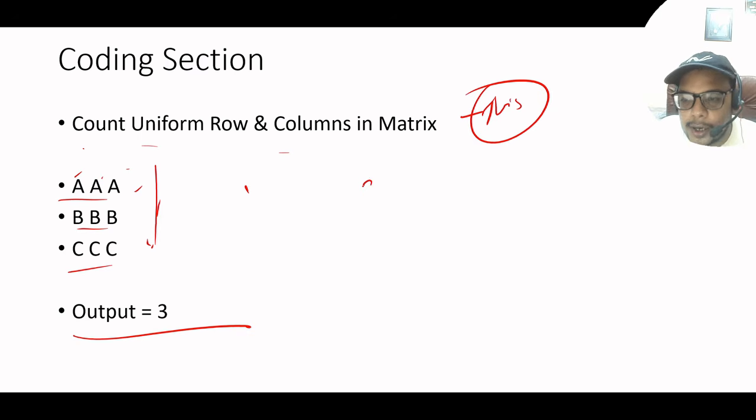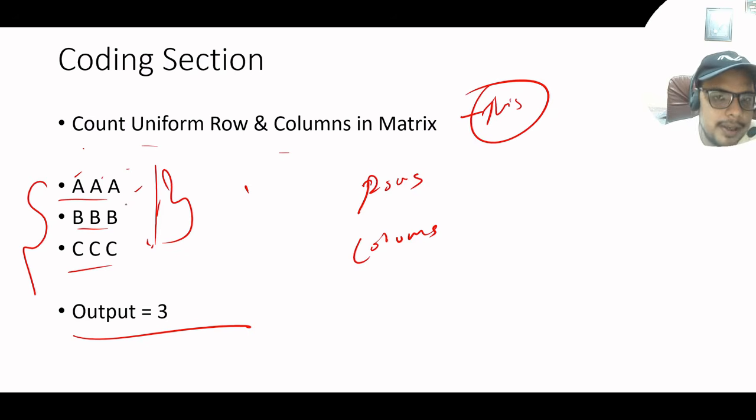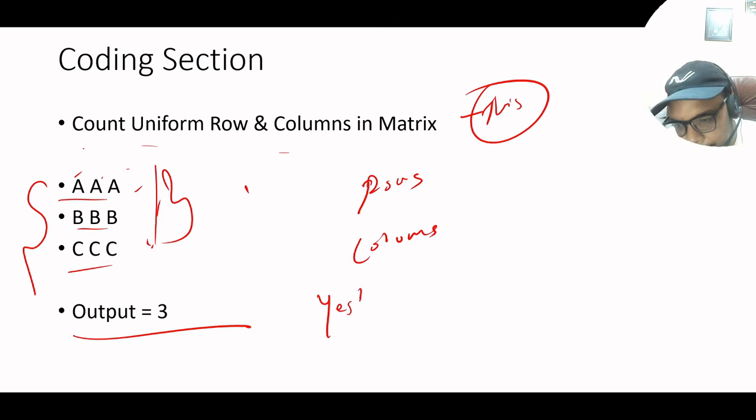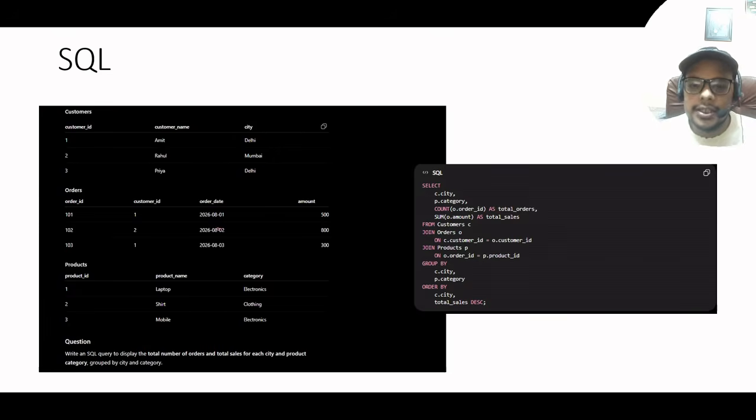So we need to count the rows in the matrix and columns in the matrix which are uniform, meaning each element is same. So this was the coding question which they asked. Okay, so this is easy only. I solved this question yesterday in the video. Then the SQL question which they asked, okay, 3 tables they have given: customer, orders, and